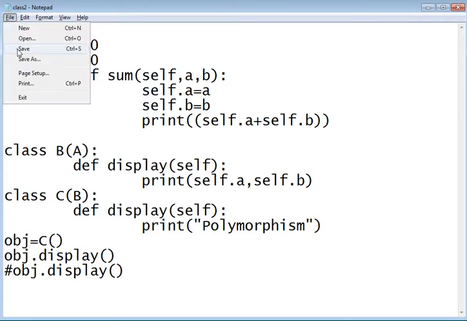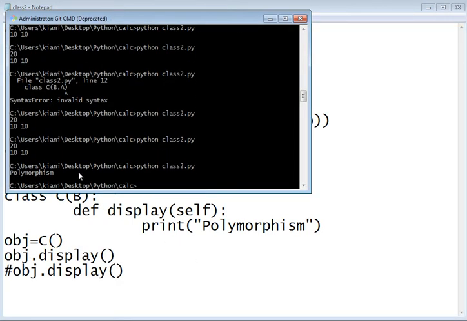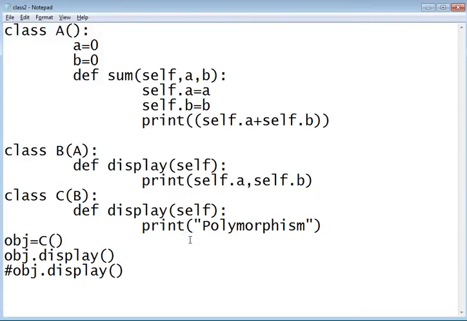File, save, and we go here and you see polymorphism. Which function executed? Not the B. The class C function executed. So there are two displays.